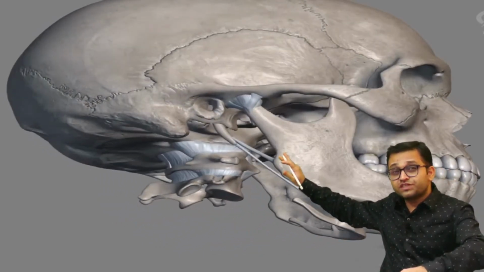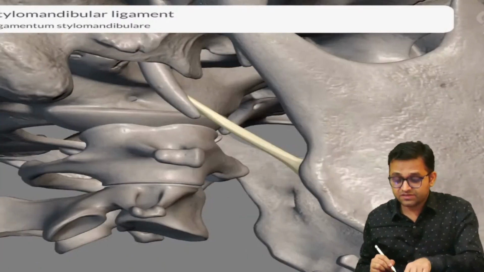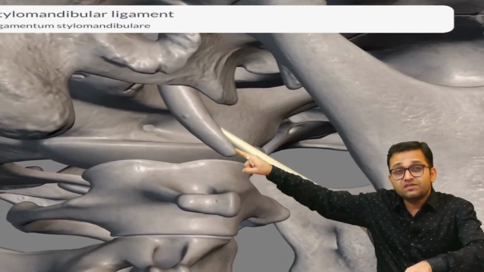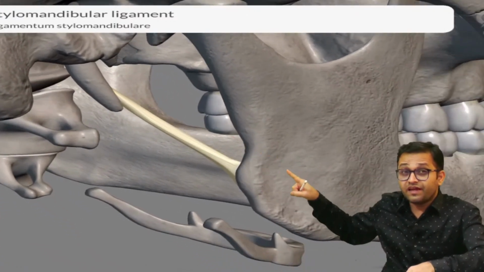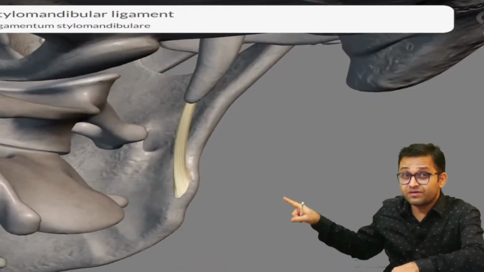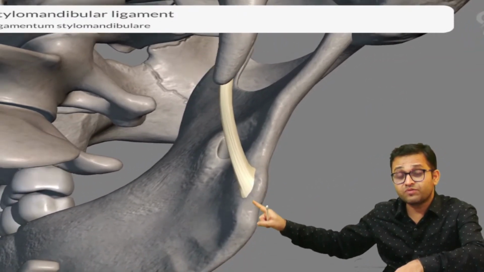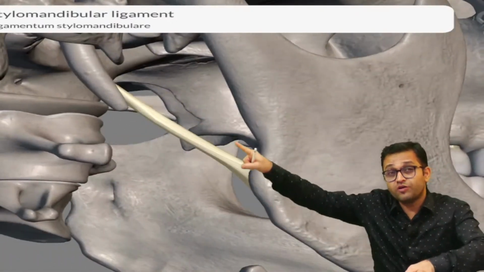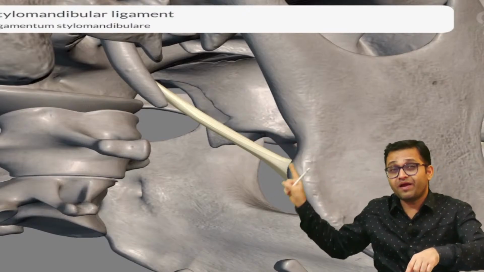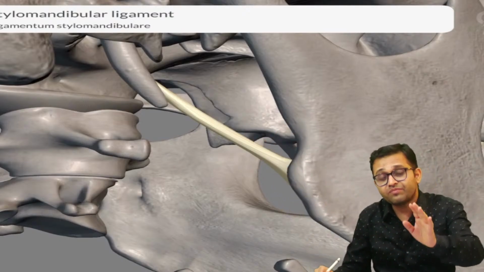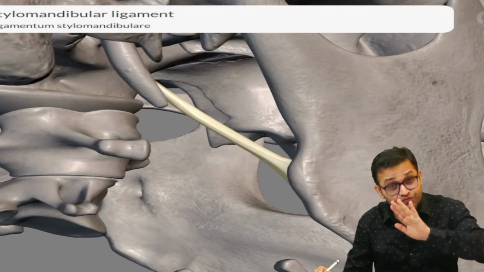Yes, Jarvis, rotate this one. Yes, Jarvis, can you see this ligament? Yes, you can see it is taking attachment. Yes, it is attached between the styloid process, and here is the mandible. Can you see along the medial angle? Yes, angle of the mandible on the medial side. So this is styloid process to the mandible. So what should be the name? Stylomandibular ligament. Remember beta, this stylomandibular ligament is just thickening of the deep cervical fascia.